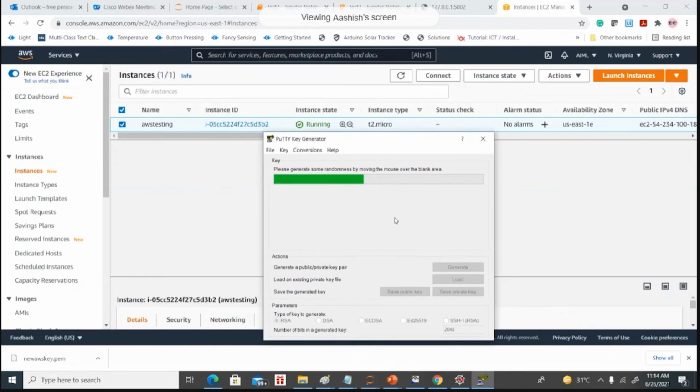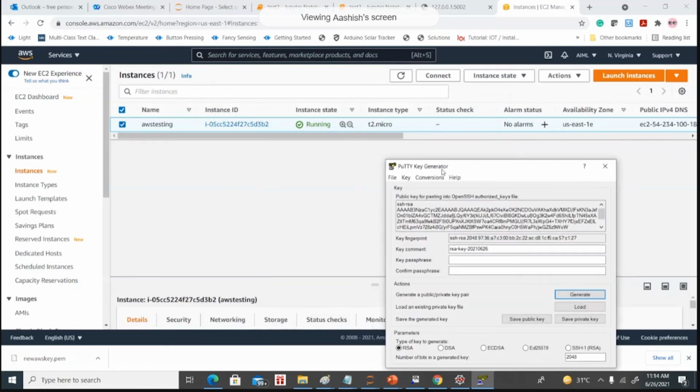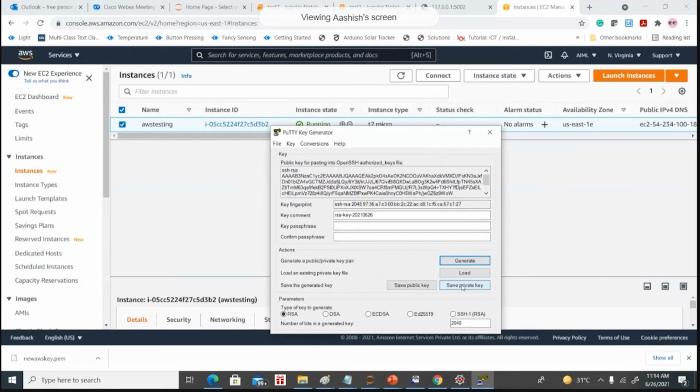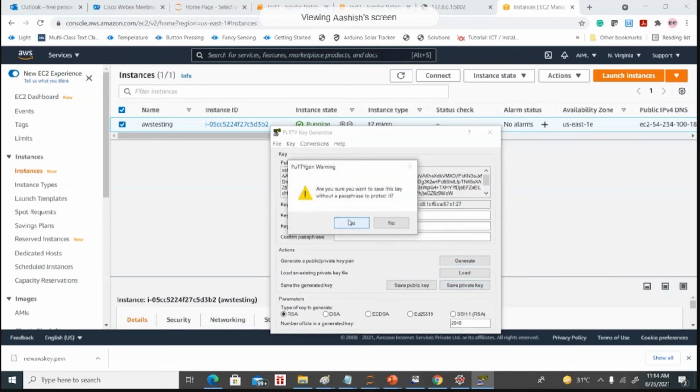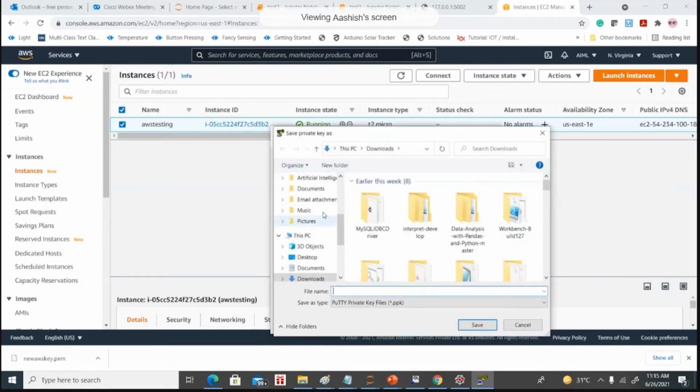If you move the mouse, then it will generate some randomness by moving the mouse over the blank area. All right, yeah, thank you so much.